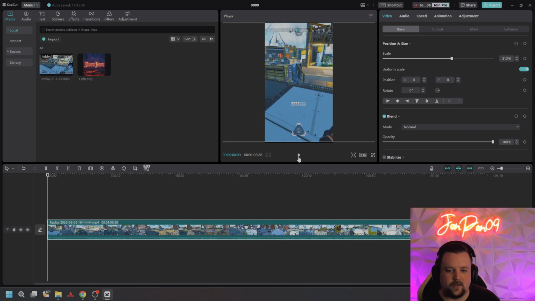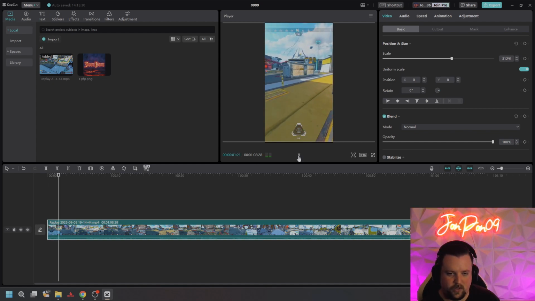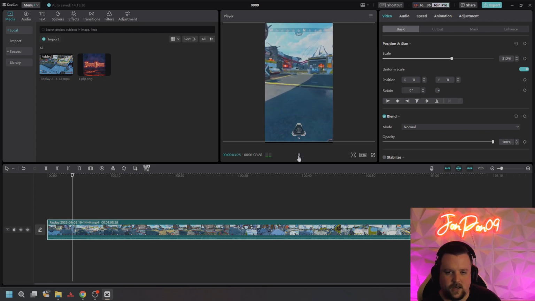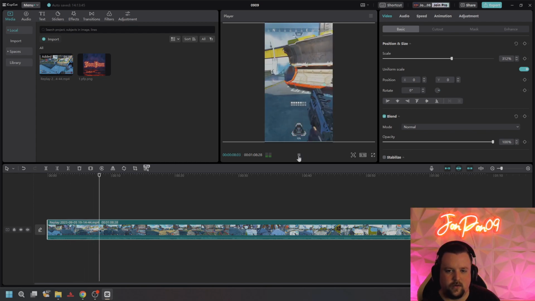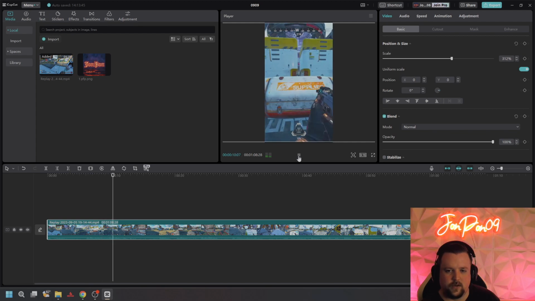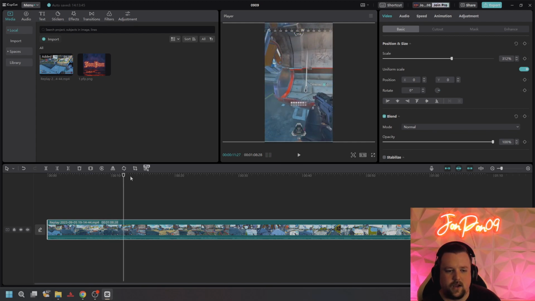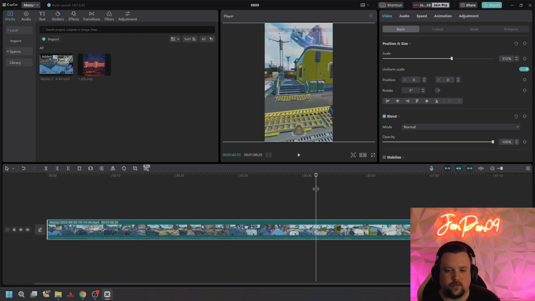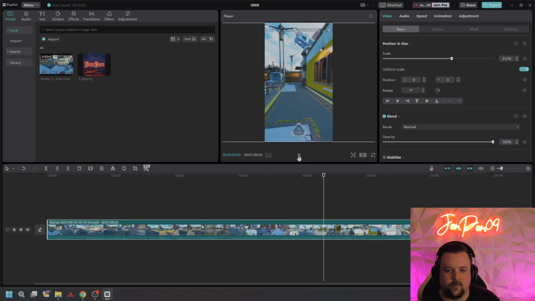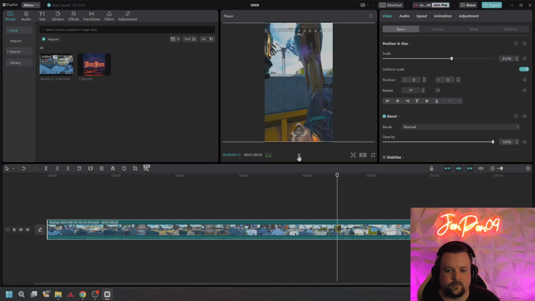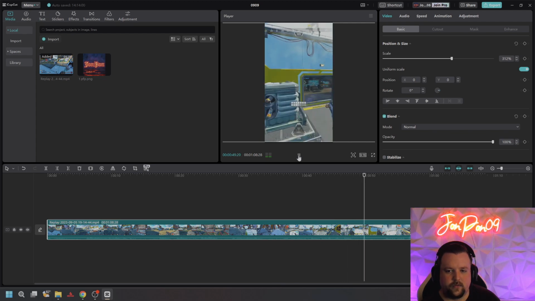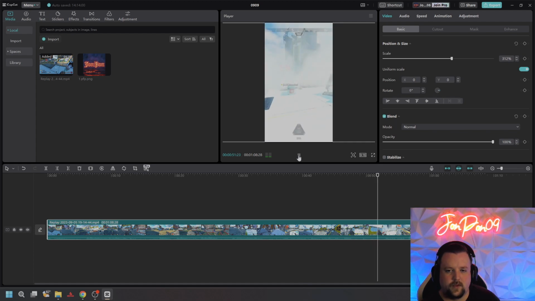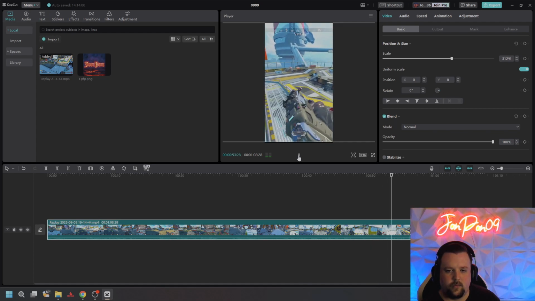And regardless, at the beginning of this clip, we can press the play button here to preview. There's not really much going on. I'm just kind of running around looting, so you don't want to start a short with a moment like this. So what we'll do is we'll use the slider here to find out where the action actually is in the clip. Looks like we're running into some action now. Still a little bit of looting. And we're looking,